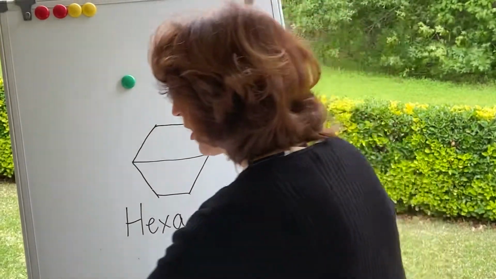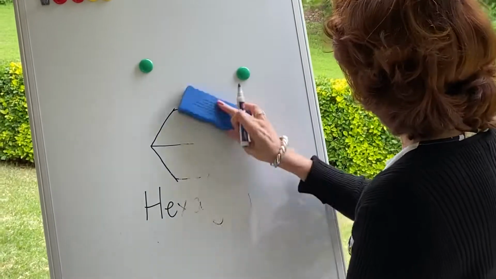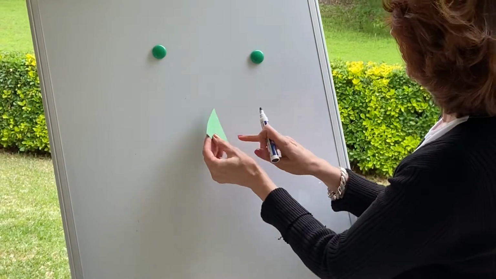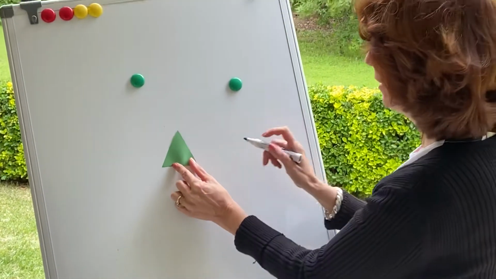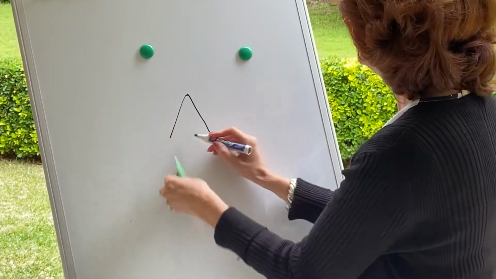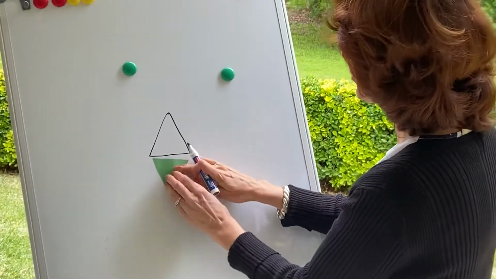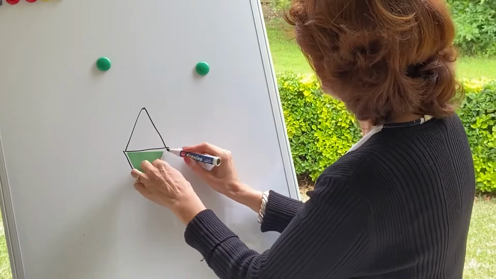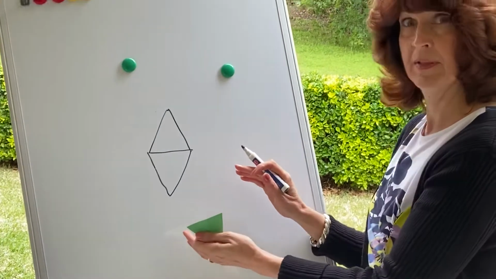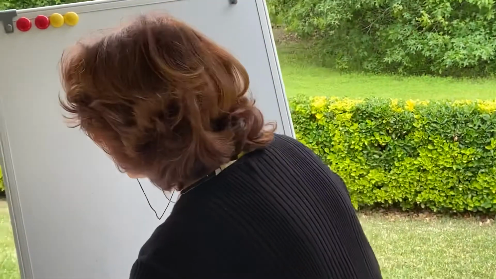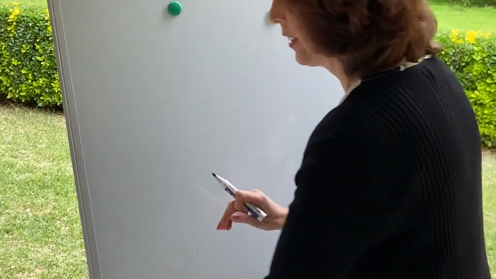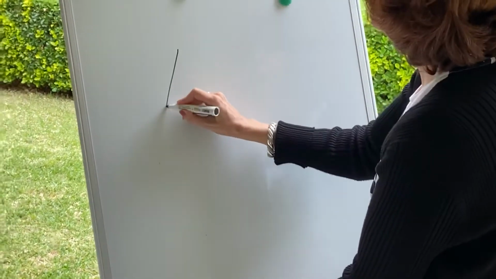I'll give you another shape. This shape you learned way back in kindergarten. This is called a triangle. Well, if I were to trace a triangle, and then I were to trace a triangle again, what brand new shape would I have? That's a rhombus. Can we do the reverse? Yes, you can. If I were to draw